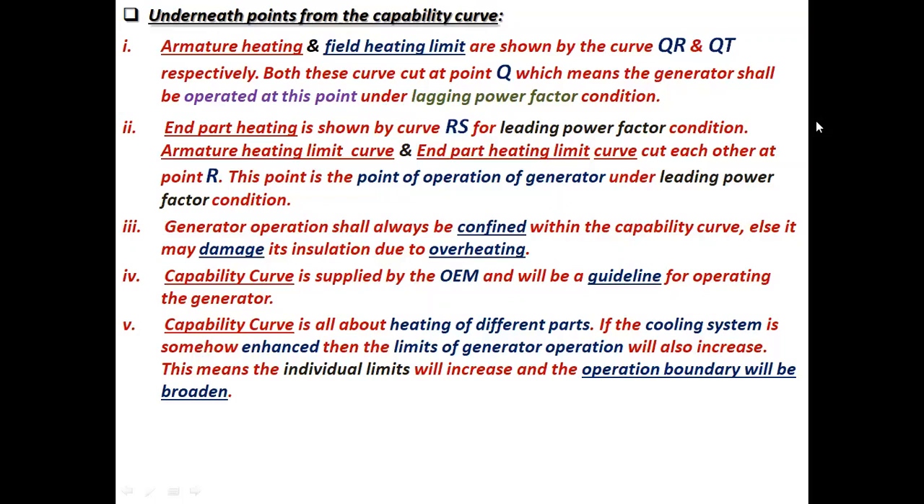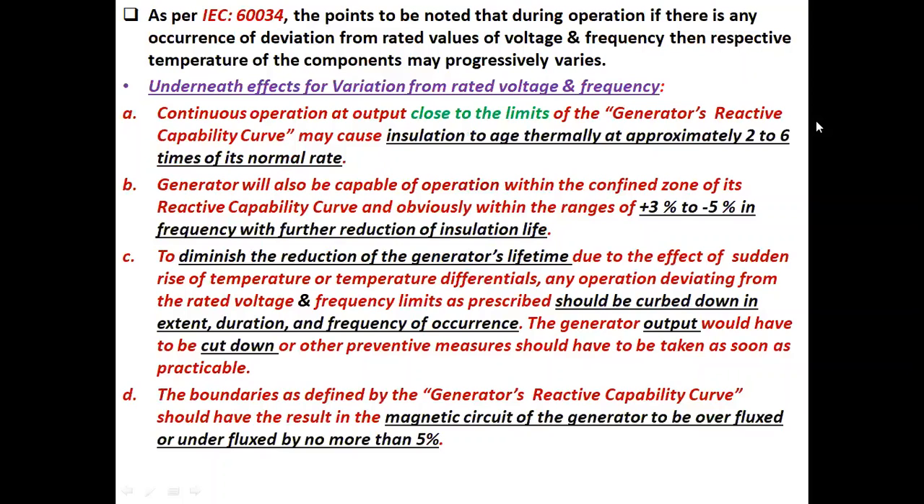Generator operation shall always be confined within the capability curve, else it may damage its insulation due to overheating. The capability curve is supplied by the OEM and will be the guideline for operating the generator. Capability curve is all about heating of different parts. If the cooling system is somehow enhanced, then the limits of generator operation will also increase. This means the individual limits will increase and the operation boundary will be broadened. As per IEC